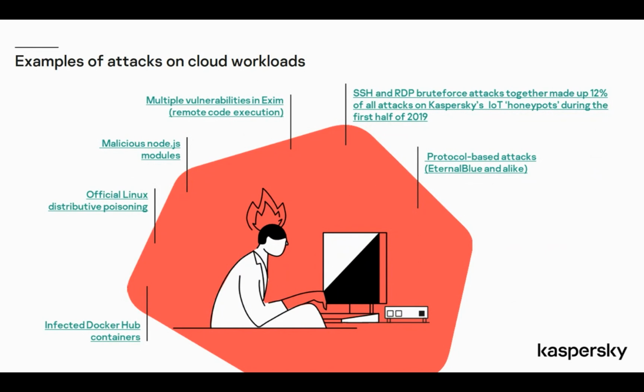And then very famously, a few years ago, we saw WannaCry, we saw ExPetr or NotPetya, where EternalBlue was used, which was a vulnerability in Windows that was used to spread those pieces of malware. So these are protocol-based attacks where people are using vulnerabilities in the operating systems we're using, whether that is on a physical machine or whether it is in the cloud. These vulnerabilities are there, and they are being used by attackers to launch attacks. So these are all kind of examples